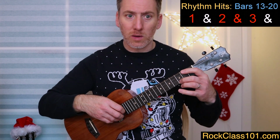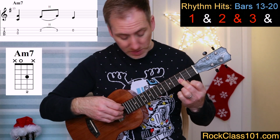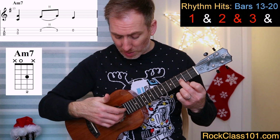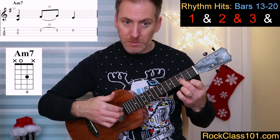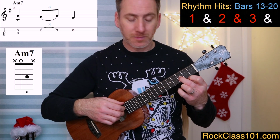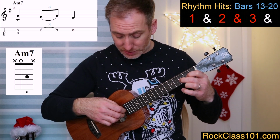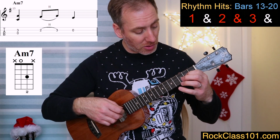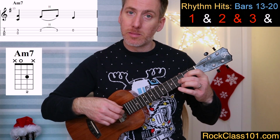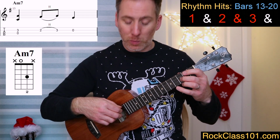So we're going to start on this bar 13, the first one of this C section, with our 2nd finger on the E string at the 3rd fret. I'm going to play that with the open C in the bass, so this double stop here, 2 middle strings. We'll just pick those together. And then we complete that bar with our standard sequence. Okay, a little melody flurry there where we hammer on from 2nd to 3rd and then pick the E string open. So that bar there would be...